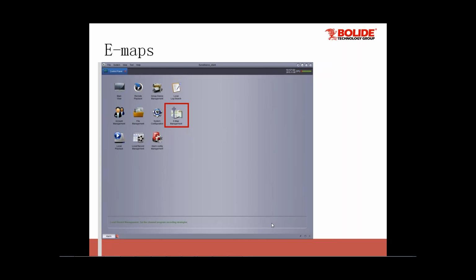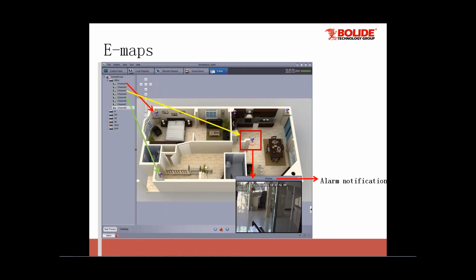Another underutilized feature in the Bolide CMS is EMAPS. What is EMAPS? You can actually upload a JPEG image of, let's say in this case, a floor plan and position cameras on the picture as if you're replicating where the cameras are installed and what field of view they're facing. Good. And you can see in this picture, what the EMAPS actually does is when an alarm is triggered,